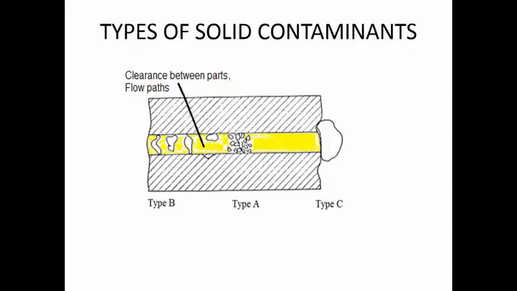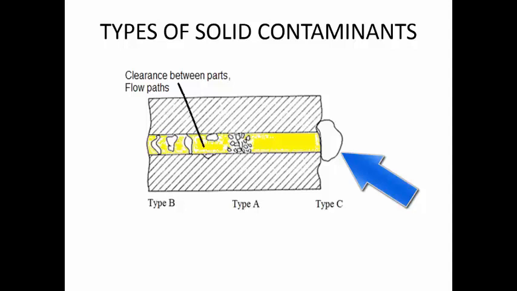First, we will understand type C because that is the easiest one. If you have a type C solid contaminant, then it is simply going to sit on top of the opening here and it will not allow the flow to take place. These are easier. We know that flow is not happening, which means we can open that element and see the large particles present. We may simply remove them, or using some pressure, we may quickly remove this type of contaminant.